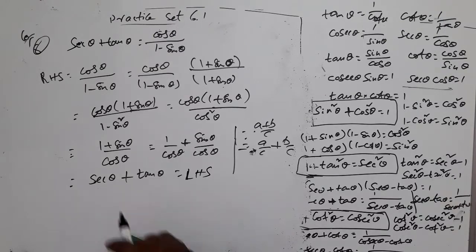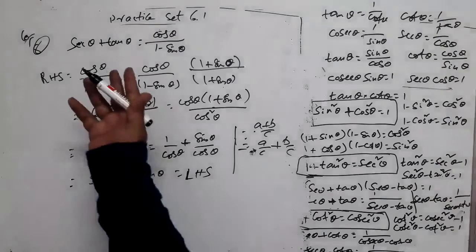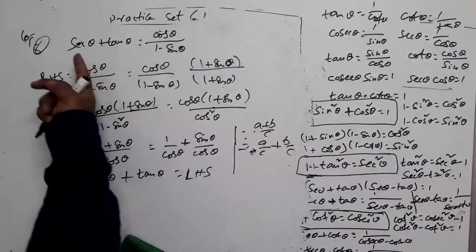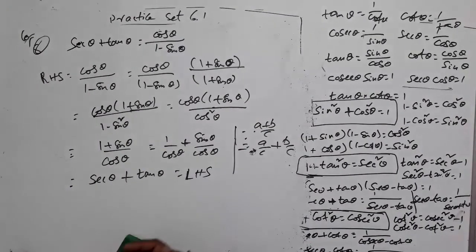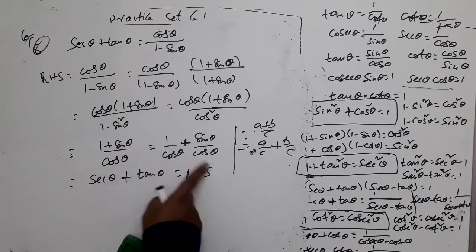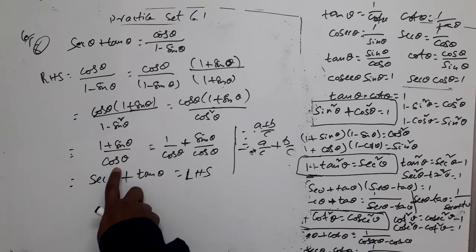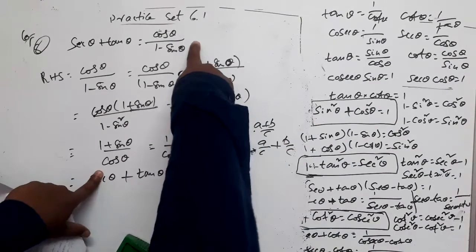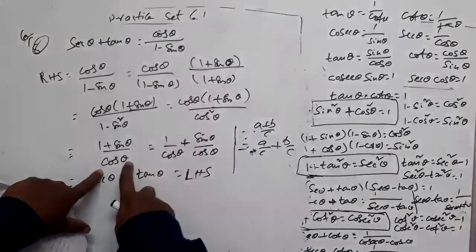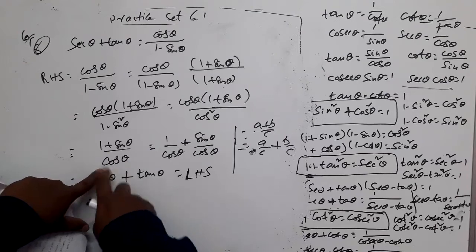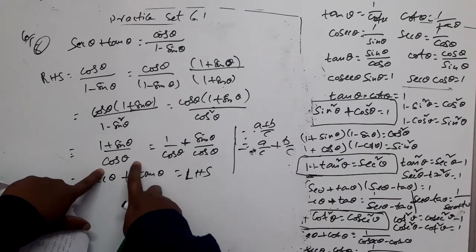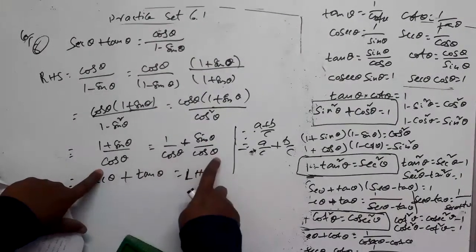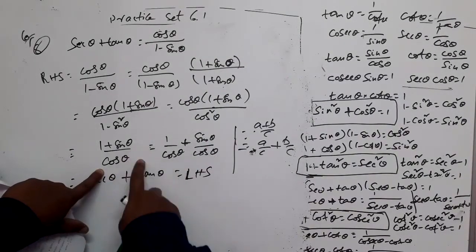Yes. Can you do the other way also? Yes, you can start at LHS and bring RHS. How? This is 1 by cos theta plus sin by cos theta. So 1 plus sin by cos. Your target is this. You don't want this. So how shall you proceed? Simply multiply and divide by cos theta. Your target is this. You have started here, you go over this, you multiply and divide by cos theta.